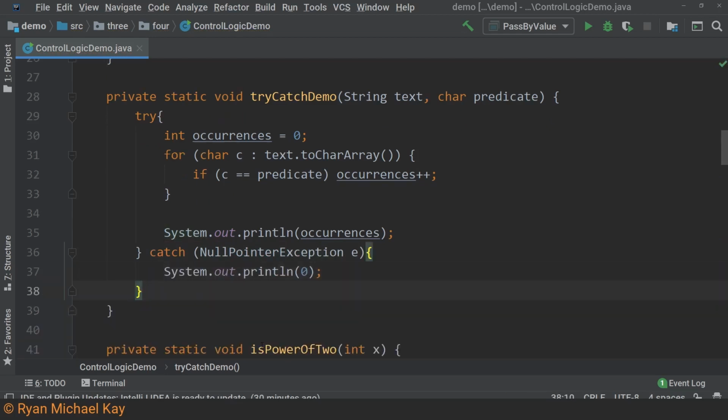If an exception is thrown, which would automatically happen if the string is null, then the program will stop what it is doing and resume execution within the catch block. The catch block will quite literally catch that exception, and then it will assign the exception to the variable, in this case variable e. If you are not sure what exception will be thrown, you can make it more generic by using the exception class. I have not explained inheritance yet, but we will look at that in the next part of this course.